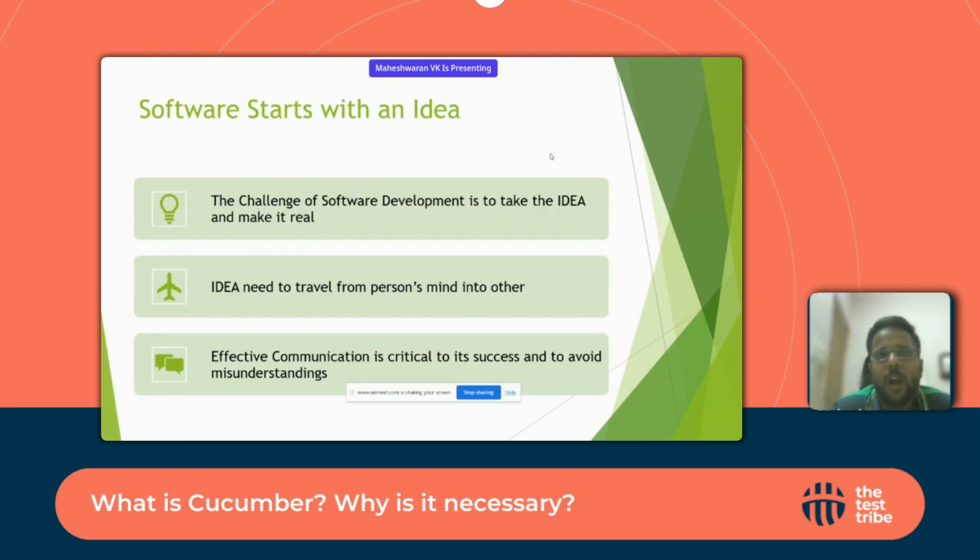So how can an idea be transferred from one person's mind to another person's mind? That is the biggest challenge we have in software development, because we all have played this game